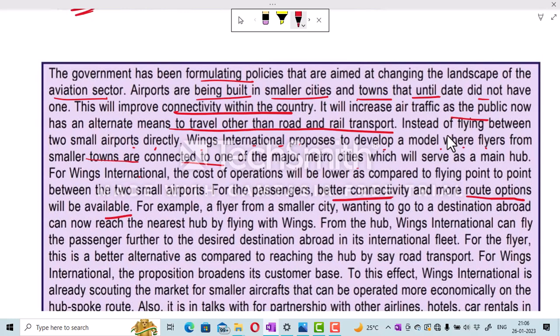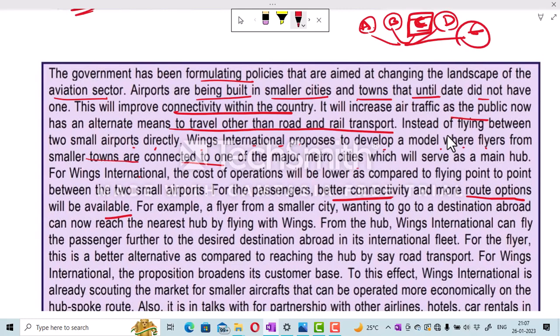See, what they are telling means they are connecting all the... See, suppose in a state there are 5 districts and C is the headquarter. So earlier only C is having the airport, but now all these A, B, C, D, E are having the airports. They have started providing services to all these small towns also.